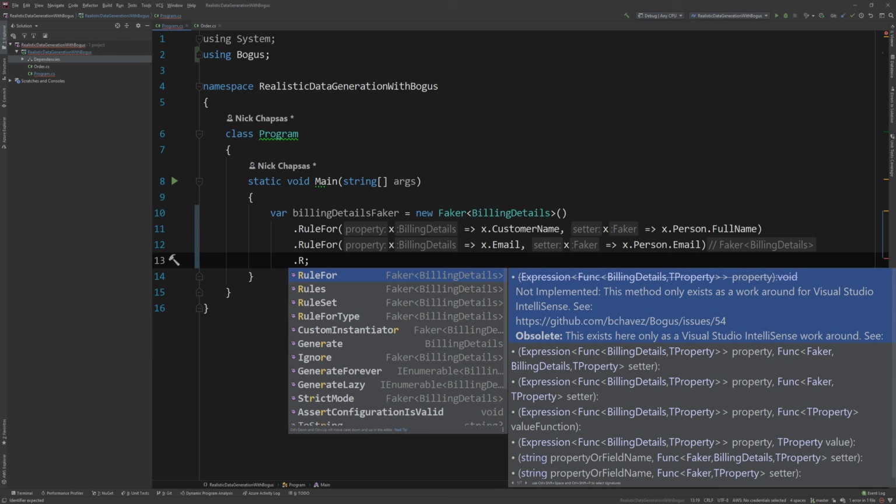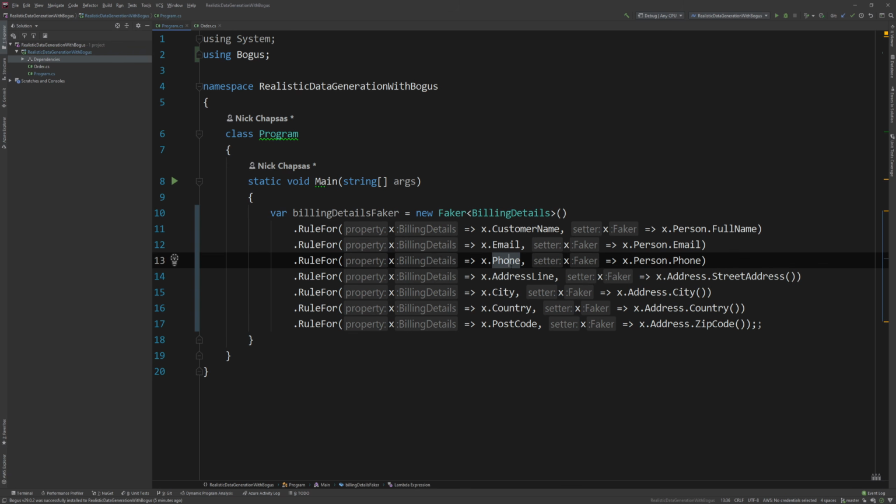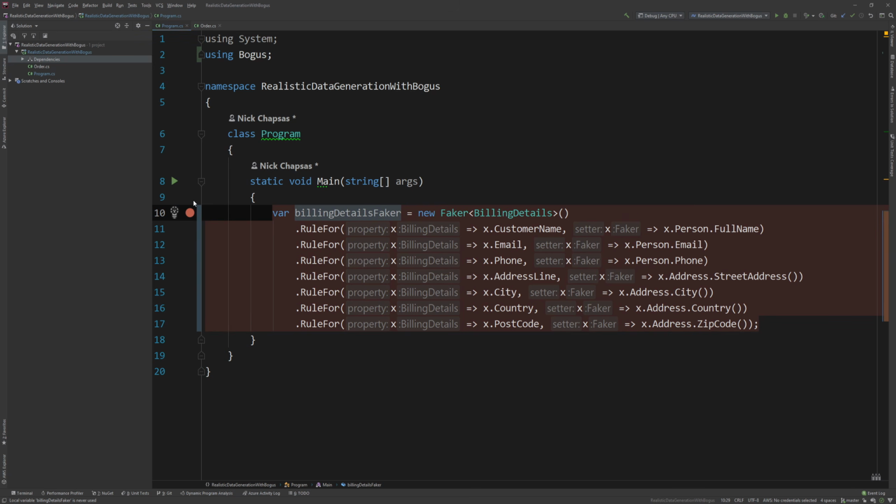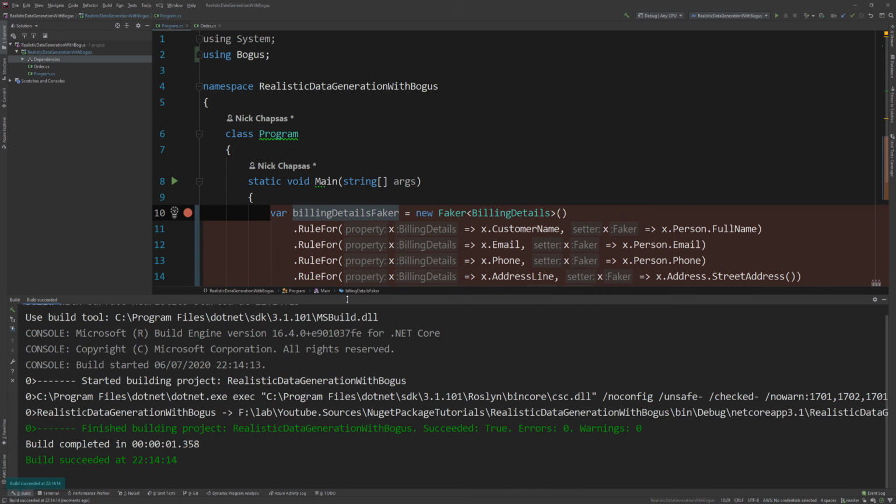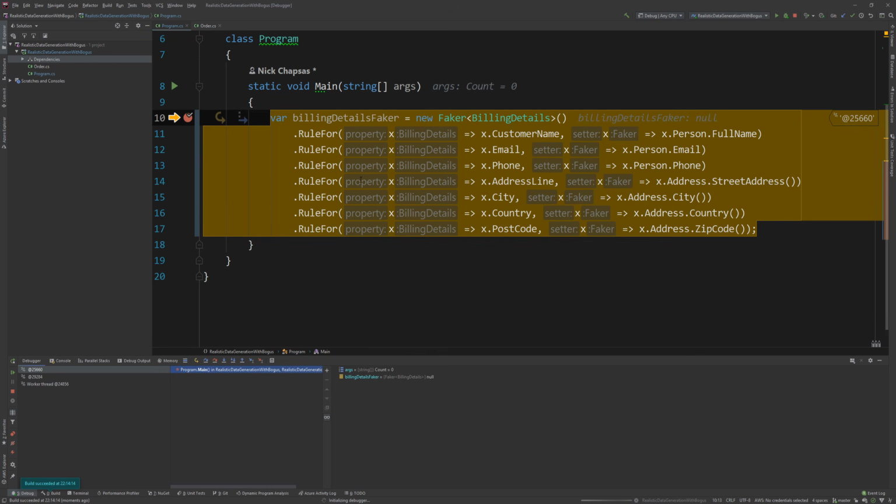And let's just quickly populate that so I don't have you here waiting and just to see me typing these. So what I have here is now phone. We'll create a person phone. The address line, we'll use the address class and then street address. City, same. Country, same. And postcode in the UK, zip code, I guess everywhere else. So now we have our billing details faker. And if I debug this and I step into the object once generated,